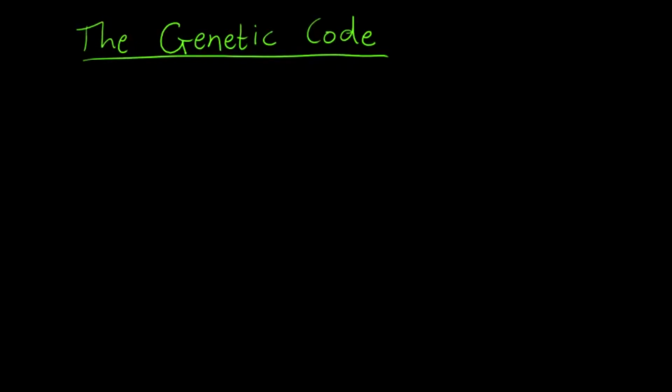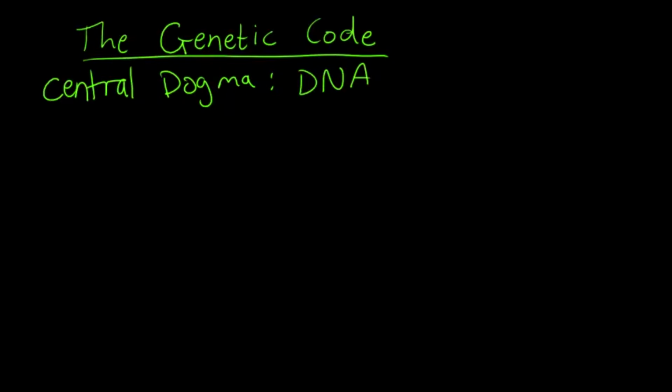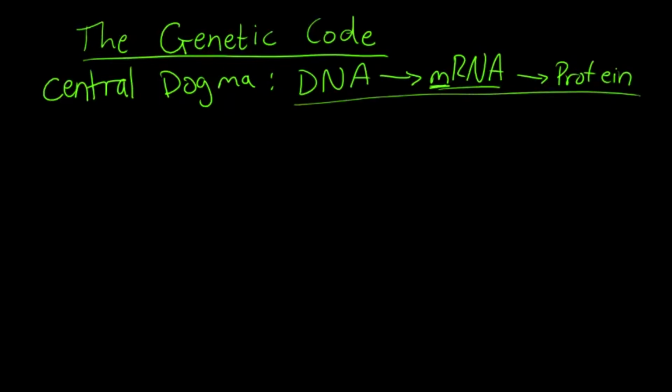Today we'll be talking about the genetic code and the central dogma of DNA, and that is how we go from DNA to protein via RNA. So DNA to messenger RNA to protein. This path is quite complex, so that's what we'll be discussing. As mentioned in previous videos, and I'm sure you're aware,